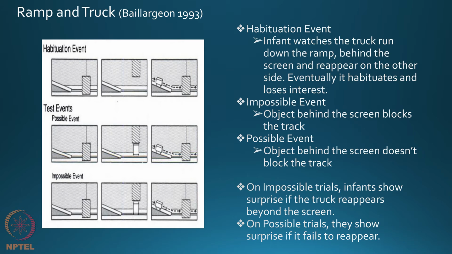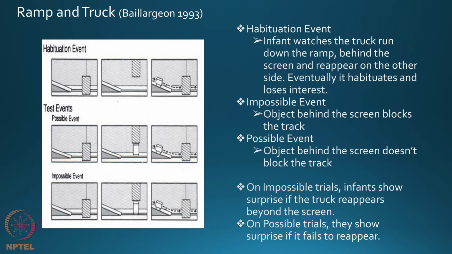In one case, which is called the possible event, the obstacle is placed behind the screen, but the obstacle does not block the track. So, as the truck rolls down the ramp and rolls along the track, the truck can roll forward behind the screen and emerge from the other side of the screen. Whereas, in the impossible event, the obstacle is placed right on the track, so that when the truck rolls down the ramp and rolls down the track, it gets blocked by the obstacle and